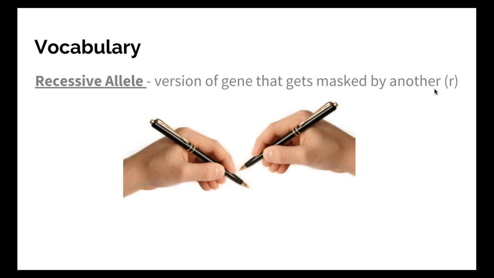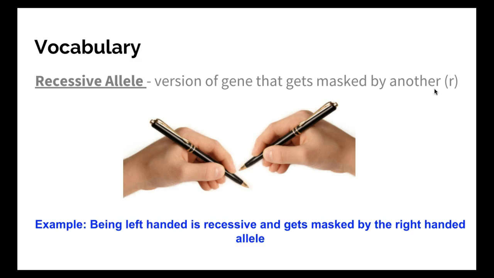So recessive is going to be the exact opposite. It's going to be the one that gets overpowered. So in this example, left-handed gets overpowered by right-handed. If a person is carrying both alleles, they are going to present themselves as being right-handed because right-handed overpowers left-handed. So even though we have a combination of both, it's like left-handed isn't even there because it gets covered up